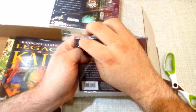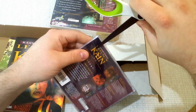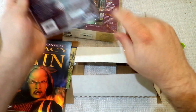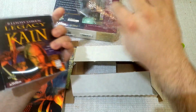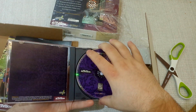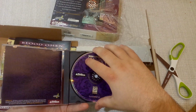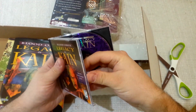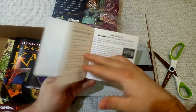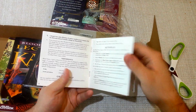There. The right tools make the job a little bit easier. So go ahead and open that just to see what's inside. We have a CD. You can see it's pretty well pristine. And then what is this? That's what I was wondering. That's the manual's outside. What do we have in here? It's another manual. I guess installation instructions,